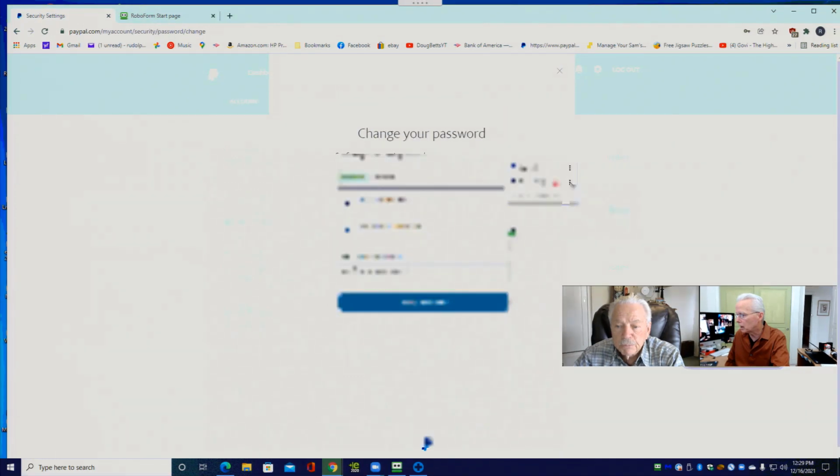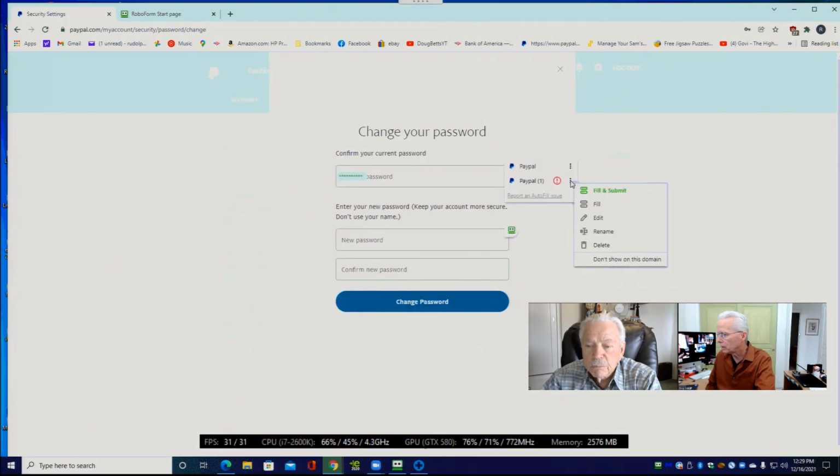This 3-dot menu, when I click on that, it lets us fill and submit. We don't want that. We can fill, and it should have the intelligence to know that this is a password field. And we can edit the stored record in RoboForm for this account. Rename and delete.